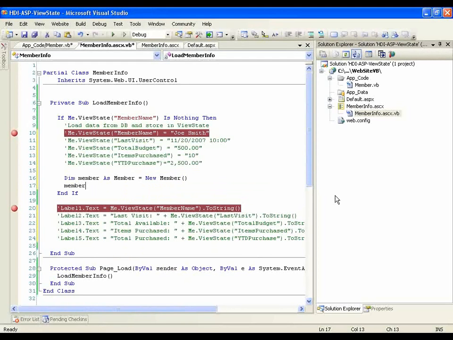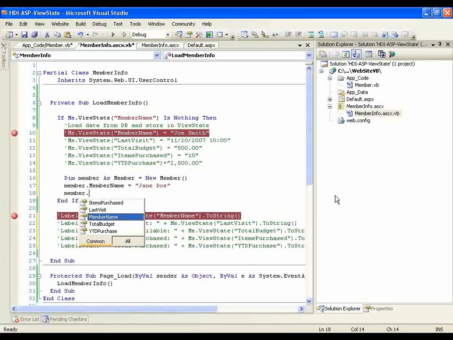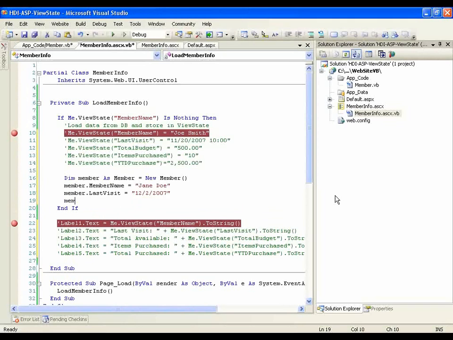So we'll say member.MemberName equal to, well, this time we use some different values, so we'll say Jane Doe. We'll say member.LastVisit equal to 207. Say member.TotalBudget equal to